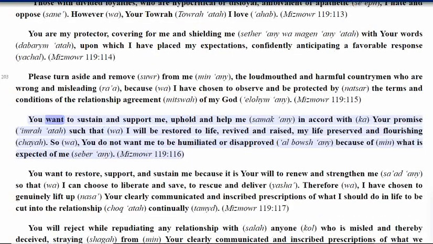119-115. You want to sustain and support me, uphold and help me, Samech any, in accord with your promise, Imra otter, such that I will be restored to life, revived and raised, my life preserved and flourishing, Shea. So, you do not want me to be humiliated or disapproved, Albosh any, because of, min, what is expected of me, Seba any. Mizmowr